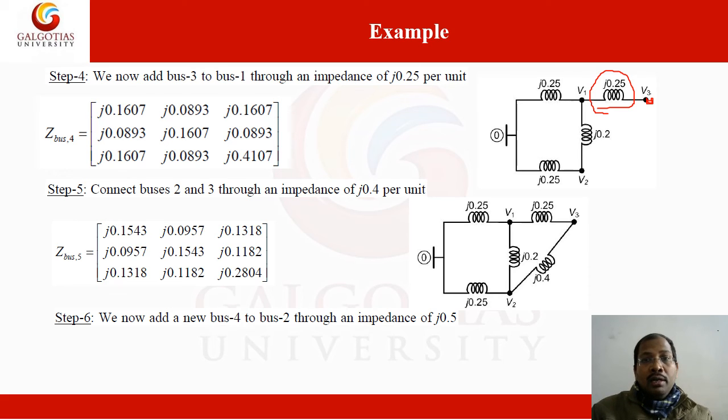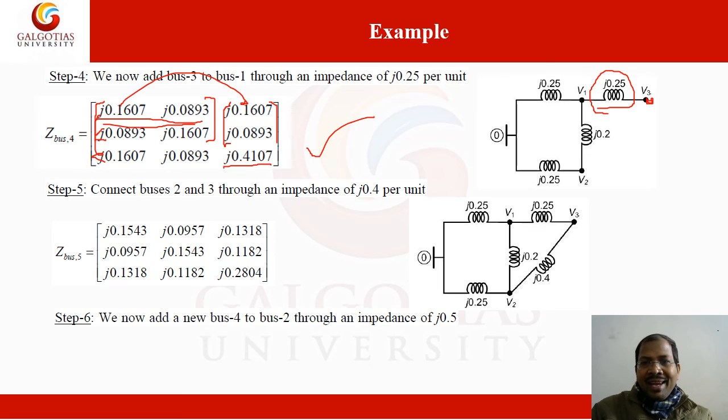So here you know that we have to apply step 2. When we apply step 2, we get the same process. These two columns mean one bus is connected here. So these terms stay the same, and these columns we have to replace. This column is replaced to here, and we have to add these two terms, J0.25 plus Z16. So we are getting this 0.44. So this is the Z bus after this step.